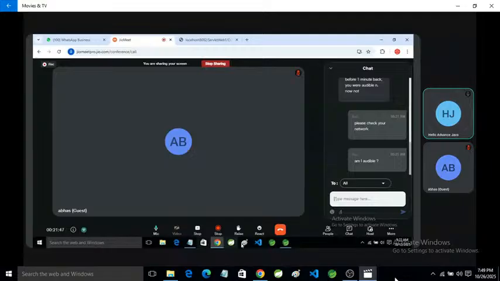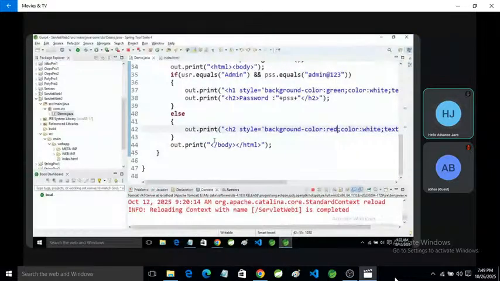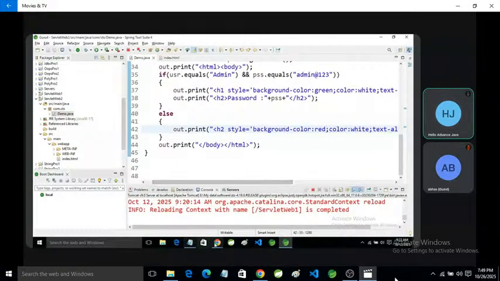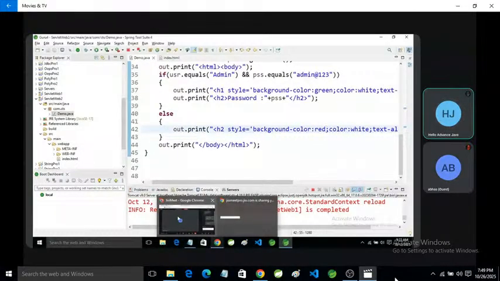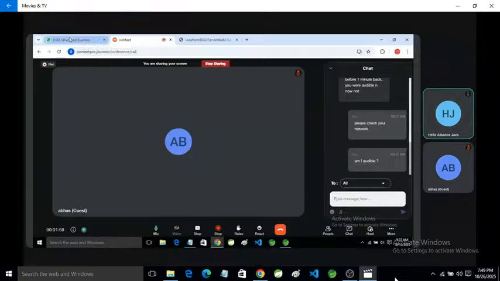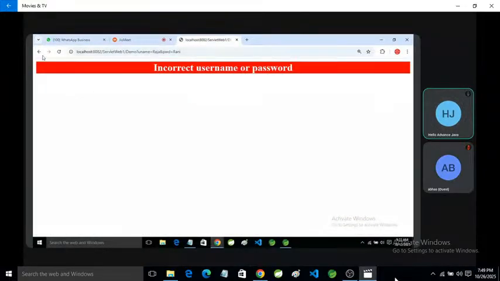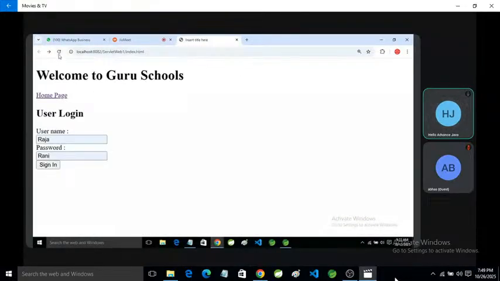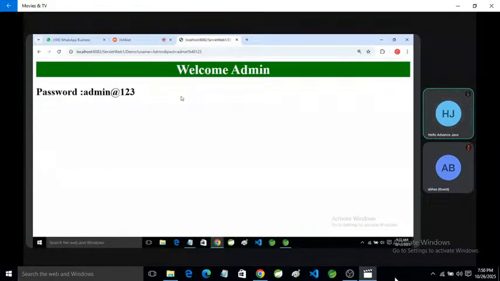Okay, so we can also use CSS here. Suppose here I declare user and password and click on sign in. Here you can say welcome admin.